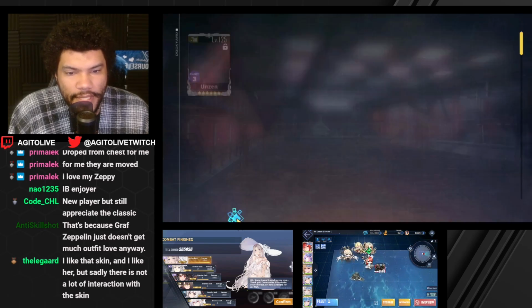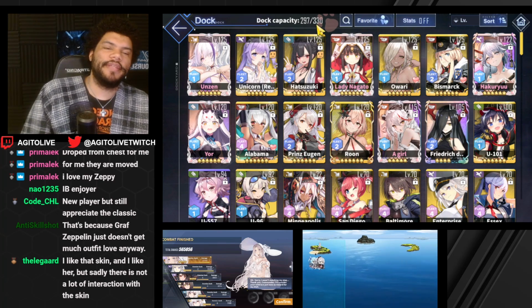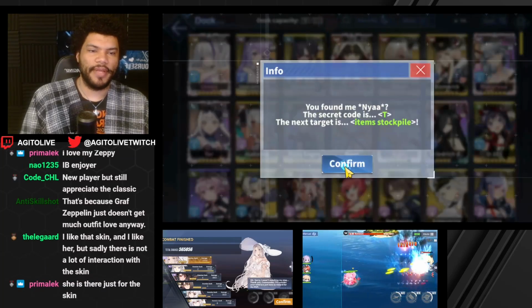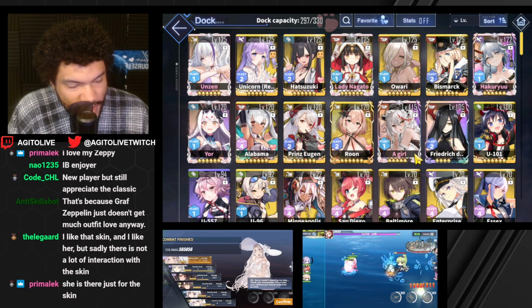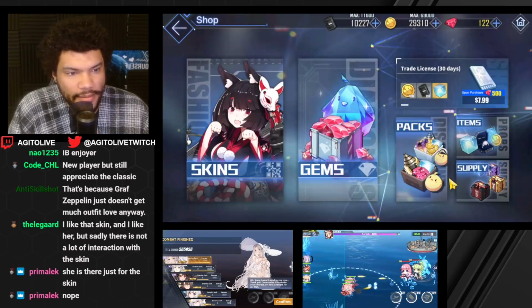Okay. Let's go ahead and take a look at his dock. He has already bought quite a bit of dock space. I'm also noticing that you have the Akashi Pauprids, by the way. I'm going to click that. You should probably collect these. Have you unlocked Akashi yet? She is there just for the skin. Fair enough. Nope. Okay. Well, then I'm going to...